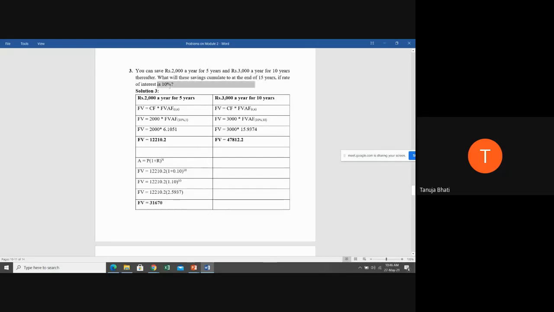So students, tell me, what are they asking in this particular problem? They are asking what these savings will accumulate to at the end of 15 years. So they're asking you the future value at the end of 15 years. Is this clear? Under which category is it falling, students? Deferred annuity, ma'am. Correct. It is falling under the deferred annuity because